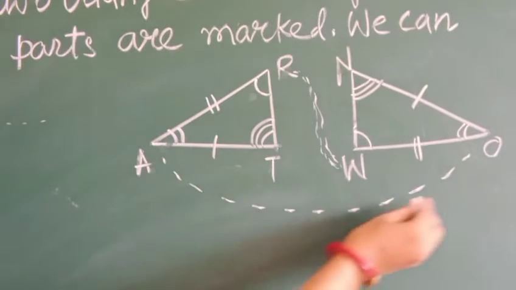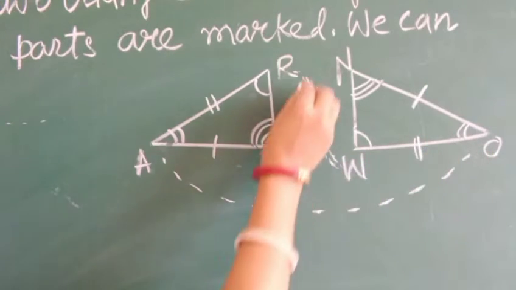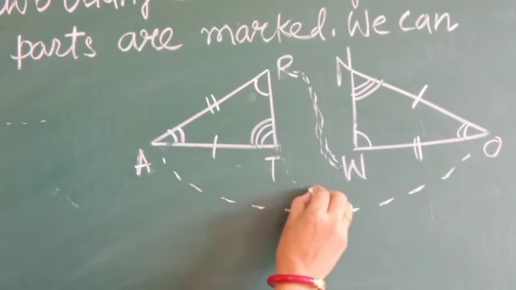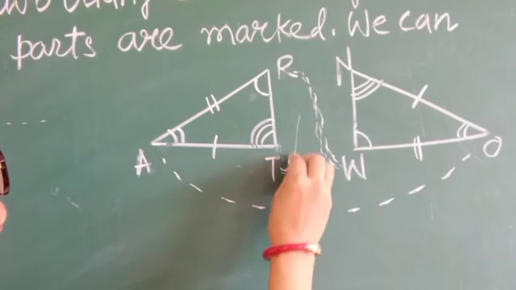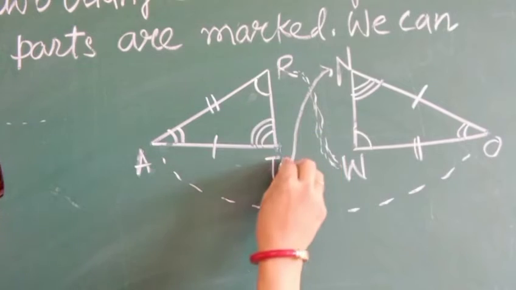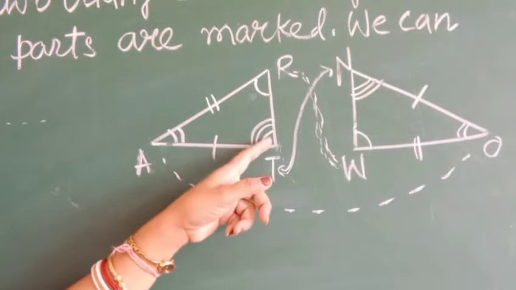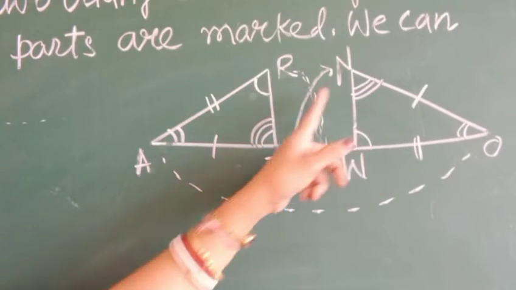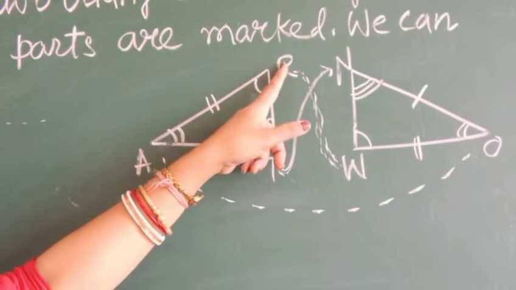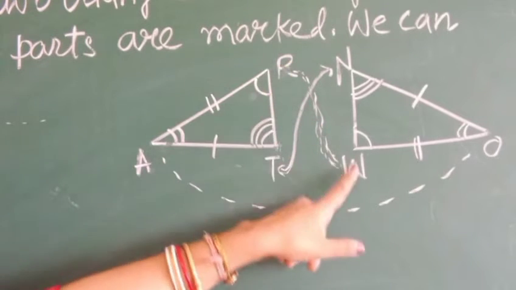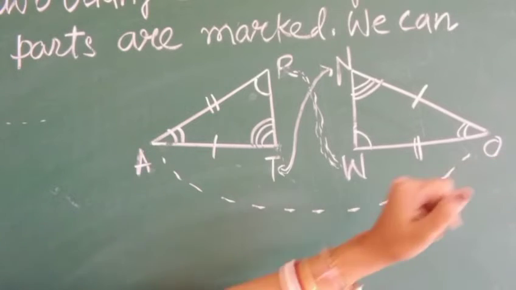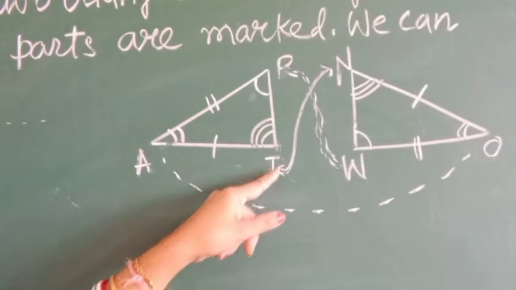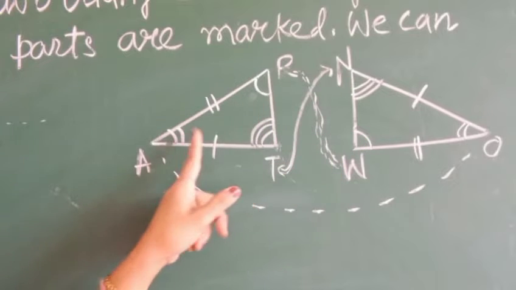A can correspond with O and here you can see T. T can correspond with N. Can you see? I am giving a full line. Because of this marking we can write this. That means in place of R I can write W, in place of A in that triangle I will place O, and in place of T in the other triangle I will place N, because of the angles I can see.